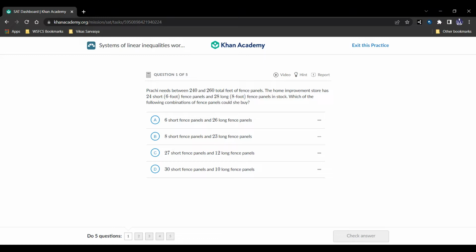This is another topic as part of the Heart of Algebra on the SAT math portion. As always, we're going to be looking at 5 questions. We're going to be explaining them and looking at the intricacies of this topic so you can ace the SAT